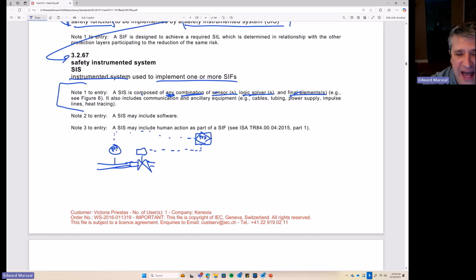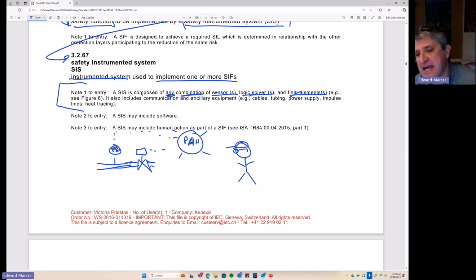But what if instead I wired my pressure transmitter to a pressure alarm high? So let's make it a switch high instead of a transmitter high. So now I'm wiring to an alarm, and then I have an operator who is obviously wearing their safety glasses,